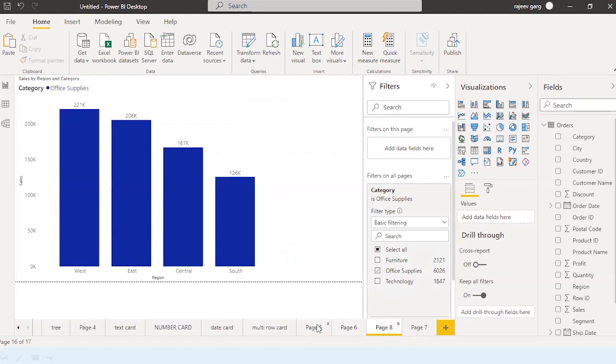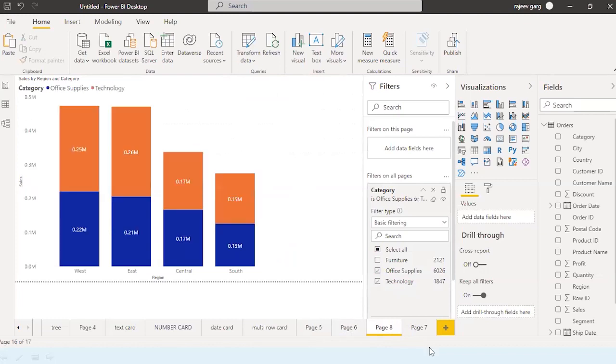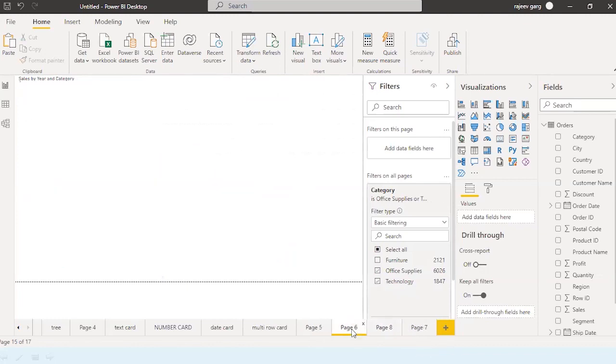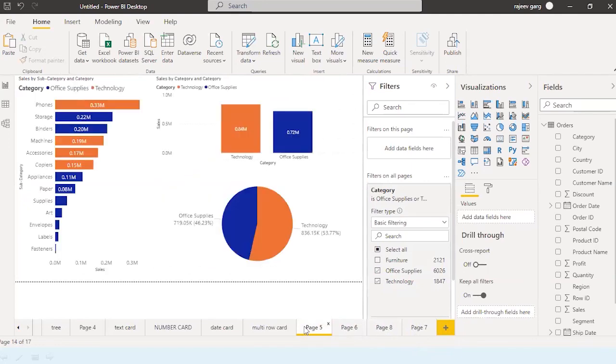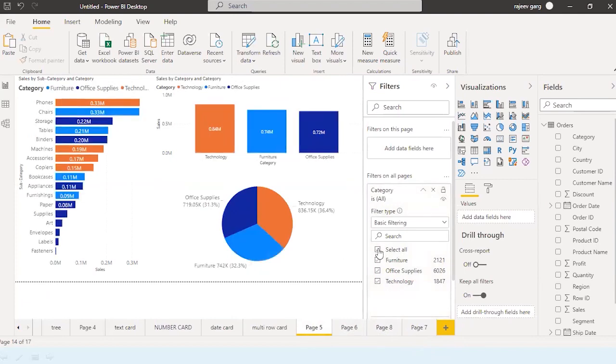Everywhere it is office supplies. You will say office supplies and technology. So now you will get office supplies and technology. And if you say furniture as well, so you will be getting the furniture also. So where you want it to impact, on this visual, on this page, or on all pages, three options are available over here.